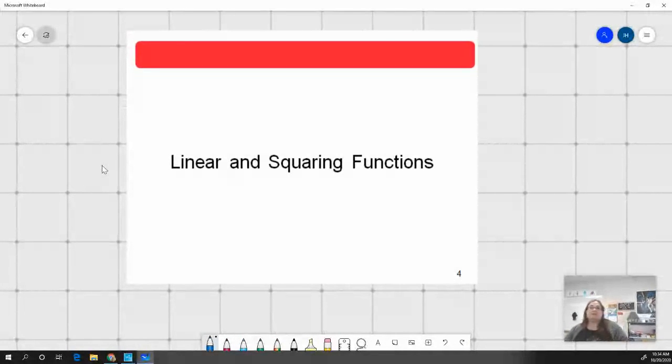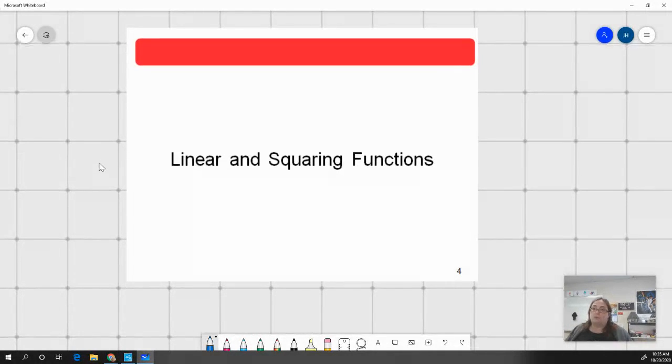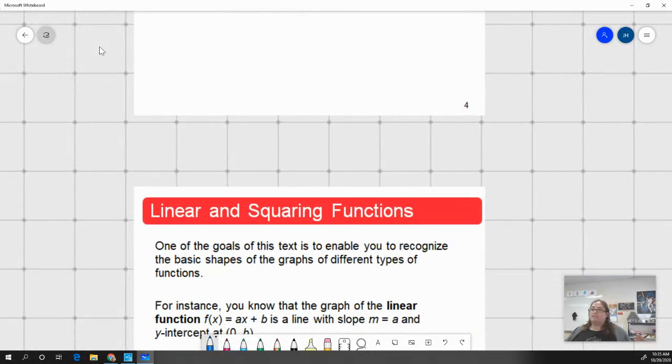So first we're going to talk about linear and squaring functions. These you guys have worked with extensively, right? They're XY functions for a linear function without any powers, right? It's y equals x, right? And squaring functions would be y equals x squared. And so our parent functions of these,